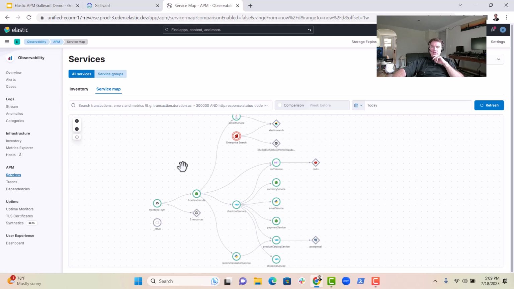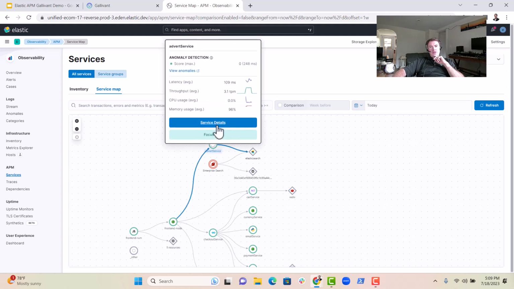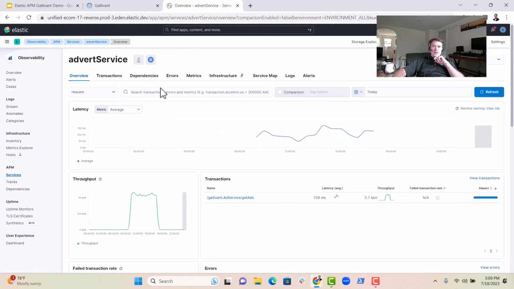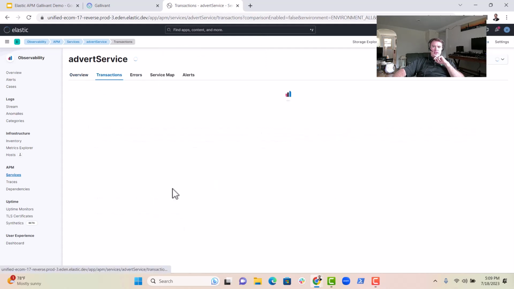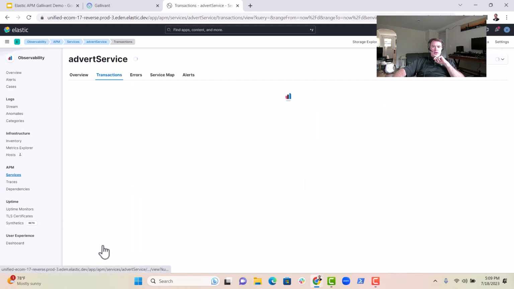So the Gallivant store is a little bit problematic. We've been having some issues with the advert service. Now, at the moment, it's showing as green, but I'm wondering if there's anything in here in the advert service that could be causing problems. So we're going to have a little look down here and drill down. Now, we can have a look in here at transactions,